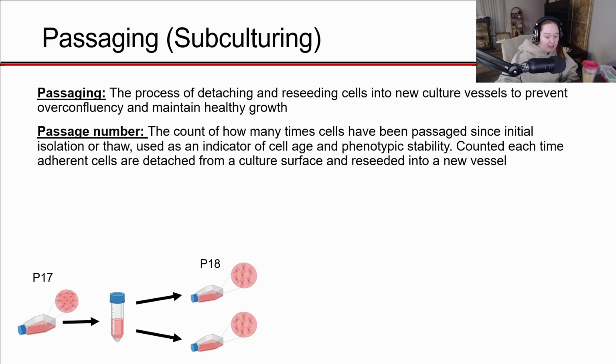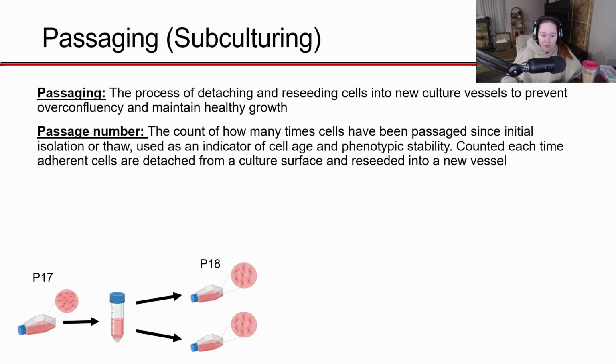Once I split them again in the video, they become passage 18. And really, this is used as an indicator of cell age and phenotypic stability. Once the cells start to become a higher passage number, you as a researcher can know, okay, these cells are probably going to start entering senescence soon, which is a decreased differentiation potential when it comes to stem cells, decreased ability to actually adhere to flasks and to surfaces, and of course, a change in their physical appearance and